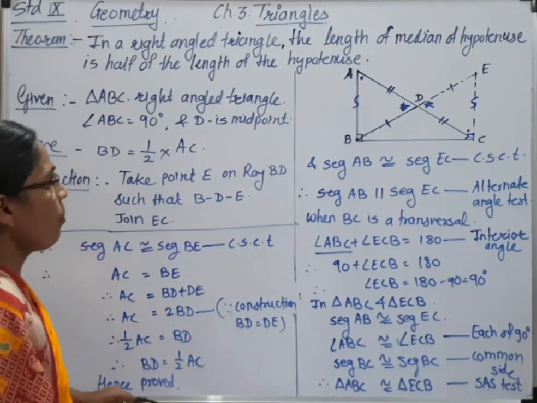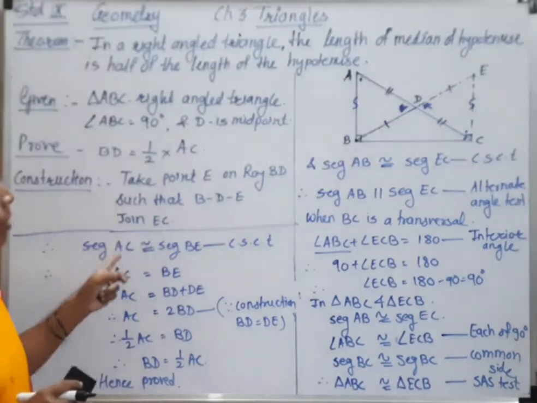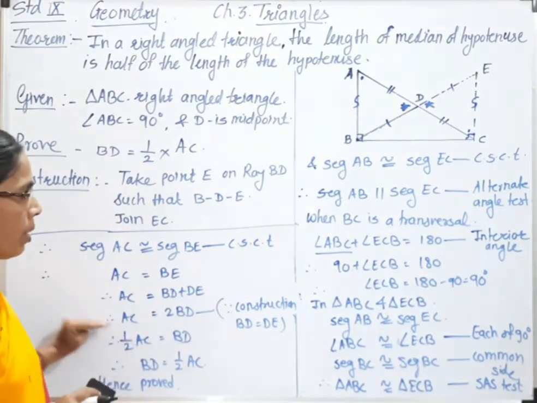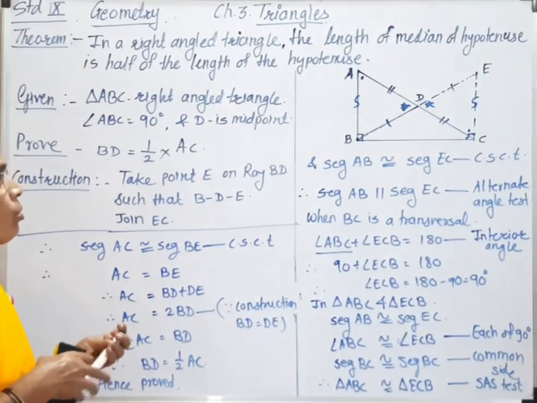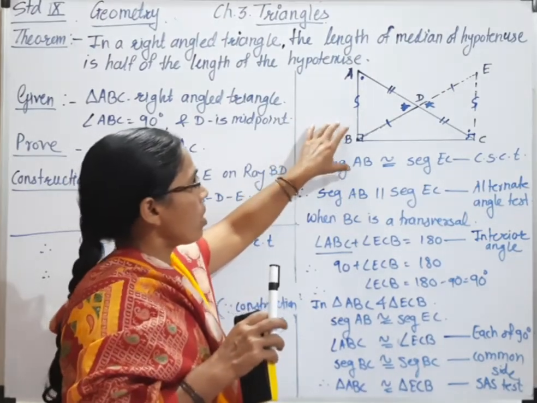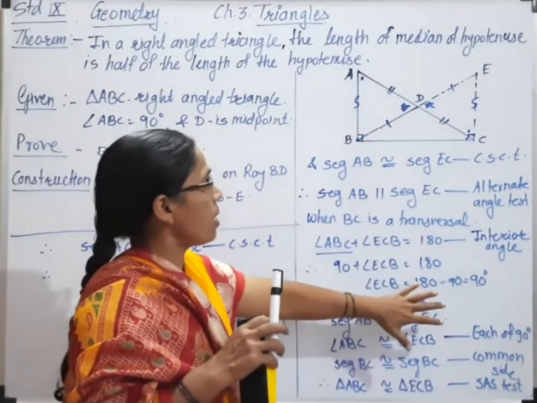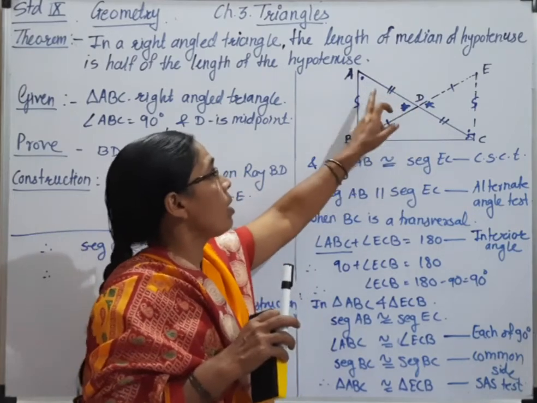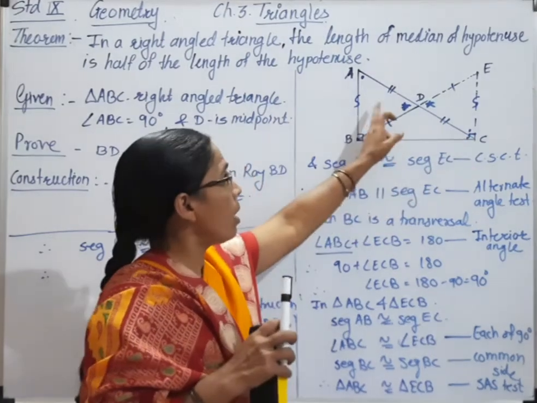So in this way we can prove this theorem, that the median is half of the hypotenuse. I hope you have understood this whole theorem. Now just keep one thing in your mind. First you have to do the construction. This figure is important. Write the construction. From that construction, first you prove that these two triangles are congruent by the SAS test. Then you show that these two angles are congruent. These are alternate angles, and if these are alternate angles, then these two lines are parallel by the alternate angle test.